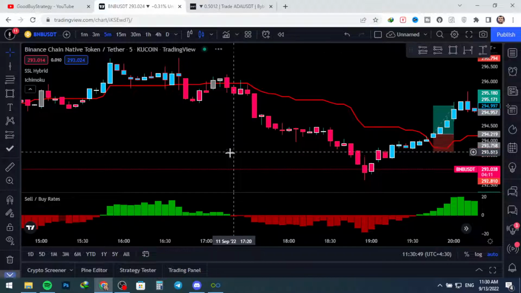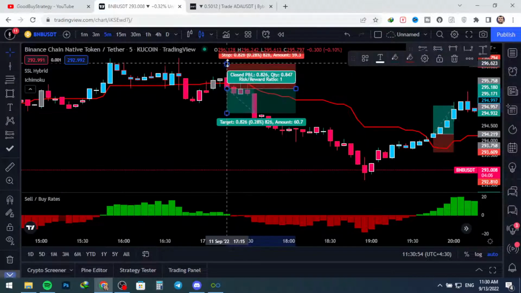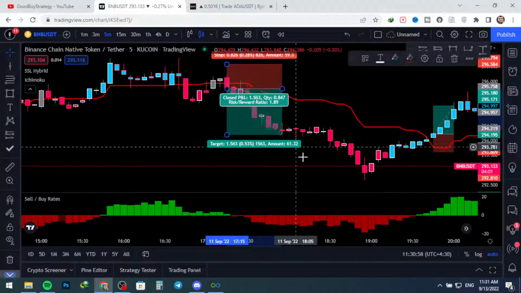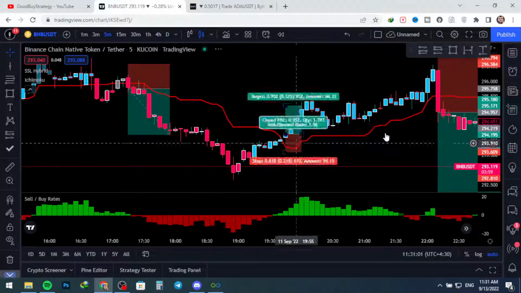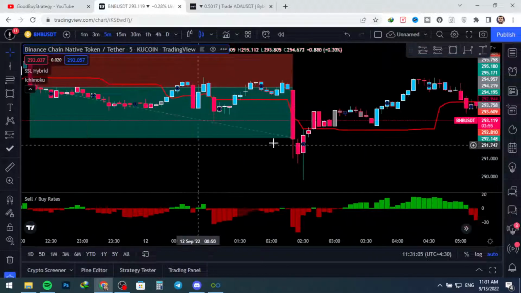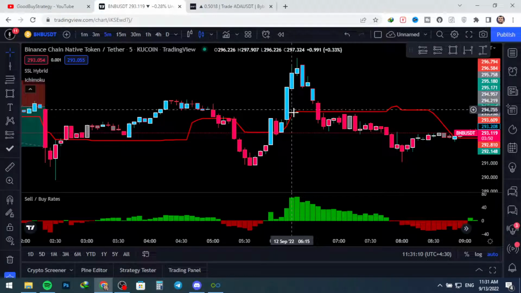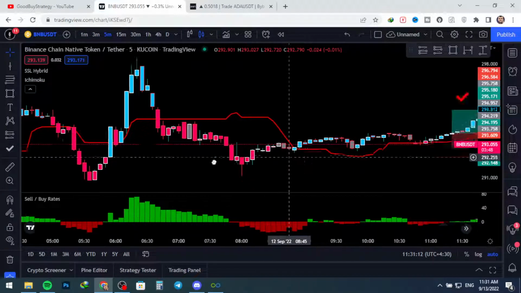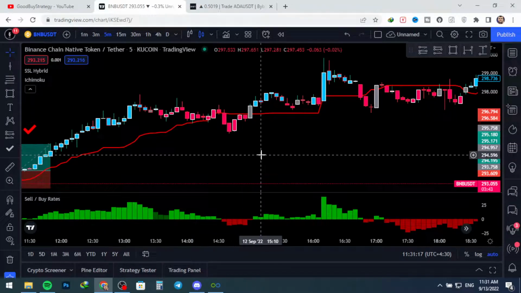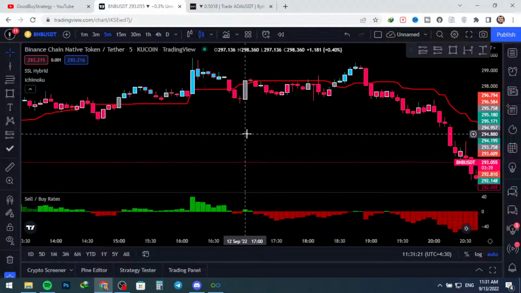And for the short position, here is the short position, and you should backtest on the currencies. Sometimes the candle is far off the baseline, so far. For example,